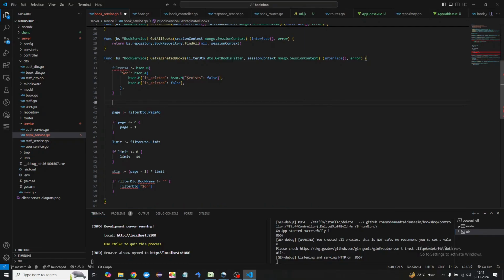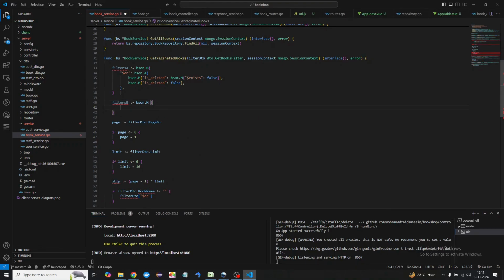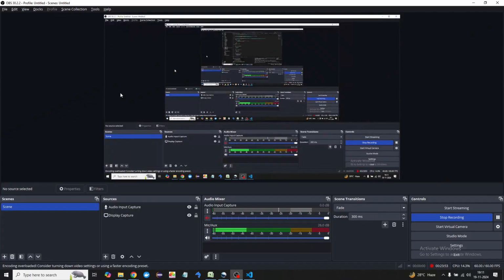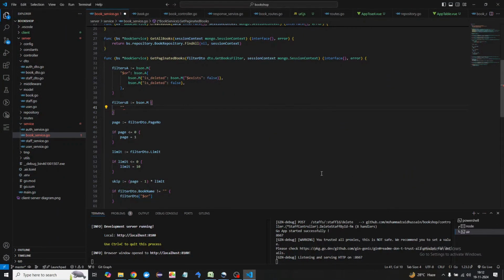and that's not the expectation. So here I'm going to say, okay, let's say filters B, and this time I'm going to say bson.M, right? And then in this case I'm going to say, okay, let's assign created by here, not here. So okay, here I'm going to say filters B, and then here I'll say, okay, one more condition will be